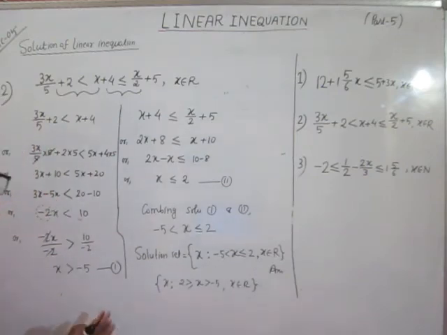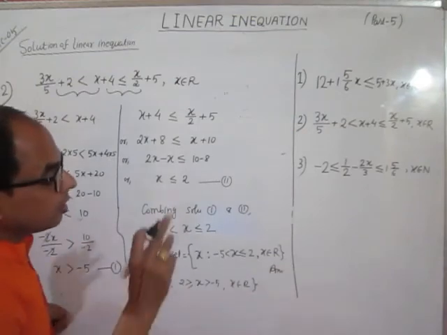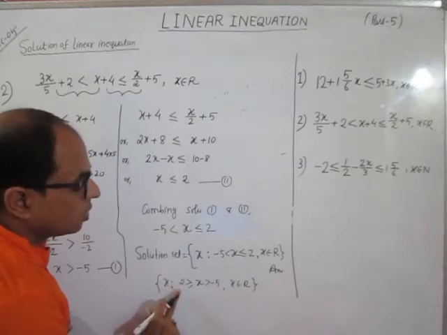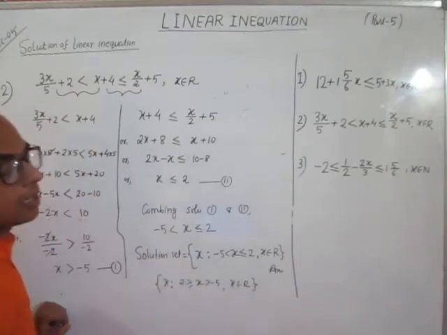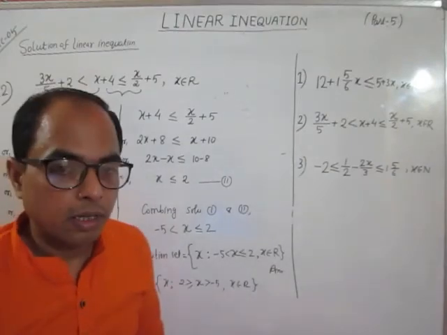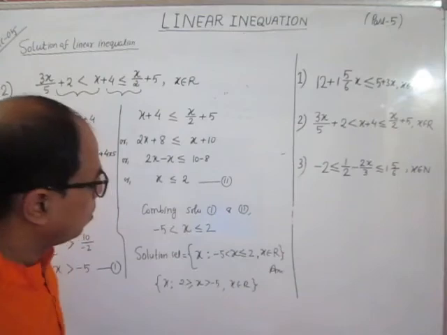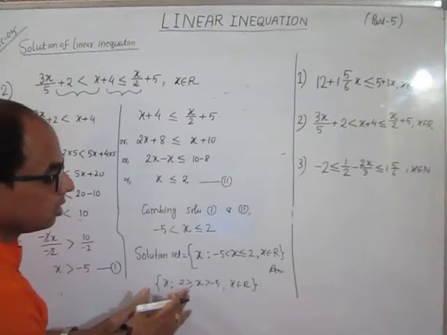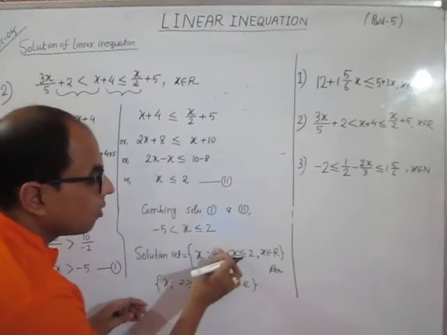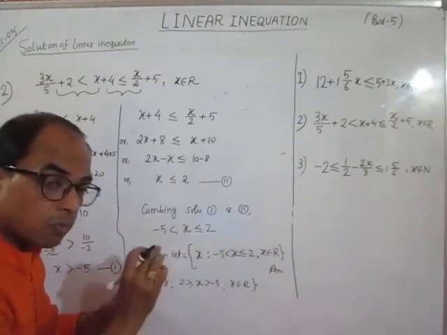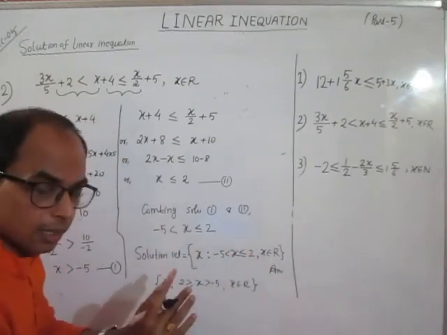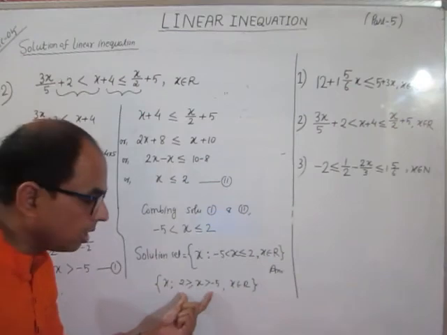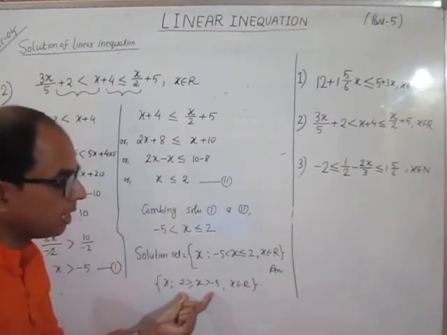Both are mathematically the same. But in an interval, always the left number should be smaller and the right number should be greater. This is the way to write the interval. So even though it is mathematically correct, don't write the answer in this form. In the interval, always the left side value should be smaller and the right side value should be greater. That is the correct way to represent an interval. Even though this is mathematically correct, avoid writing the solution set in this form.